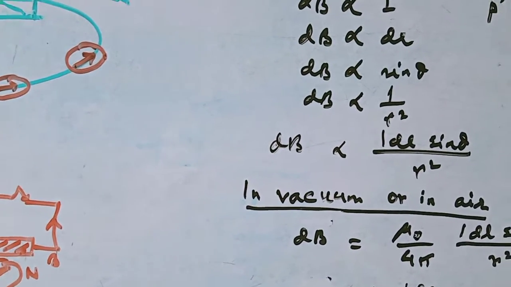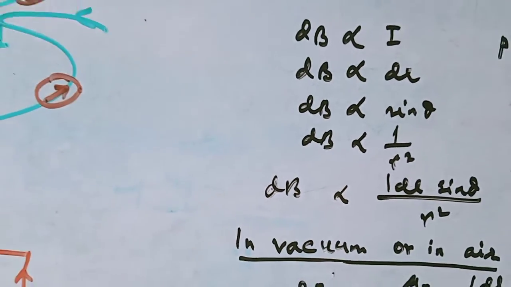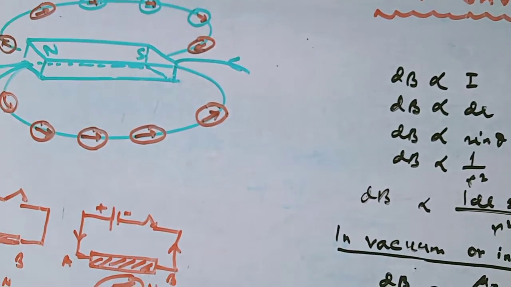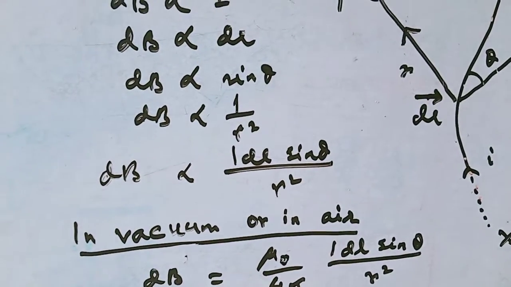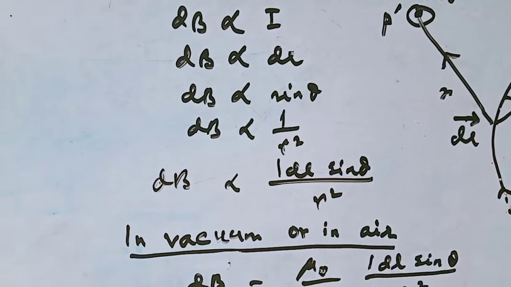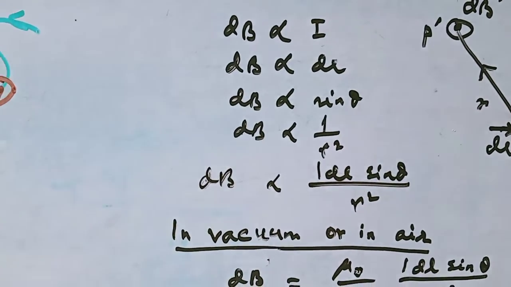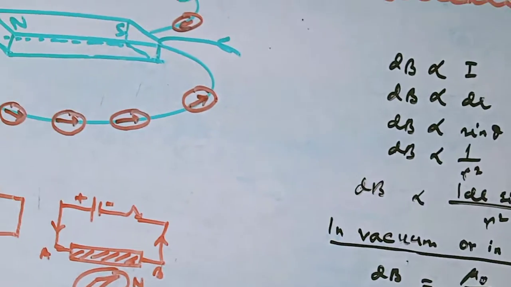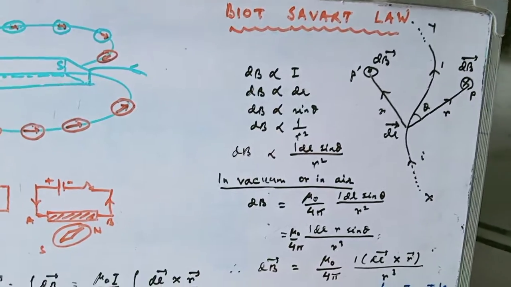One gives the magnitude of the magnetic field at a point due to a current element IDL, and another gives the magnitude of the electric field at a point due to a charge element dq. But you should remember that charge element dq is a scalar quantity, whereas current element IDL is a vector quantity, and its direction is specific along the direction of the current. Again, in Coulomb's law, the direction of electric field is along the line joining the charge element, but according to Biot-Savart law, the direction of the magnetic field is perpendicular to the current element.